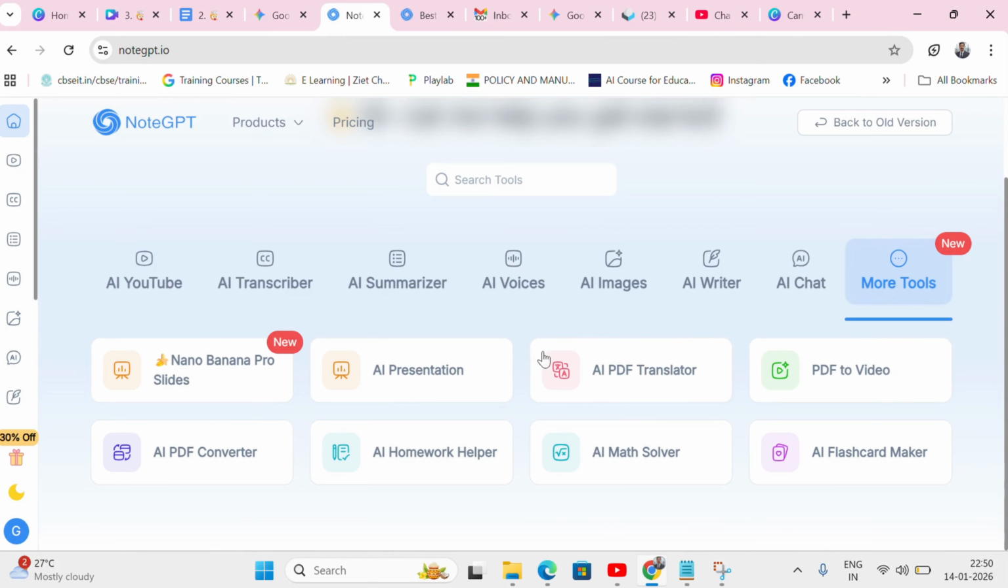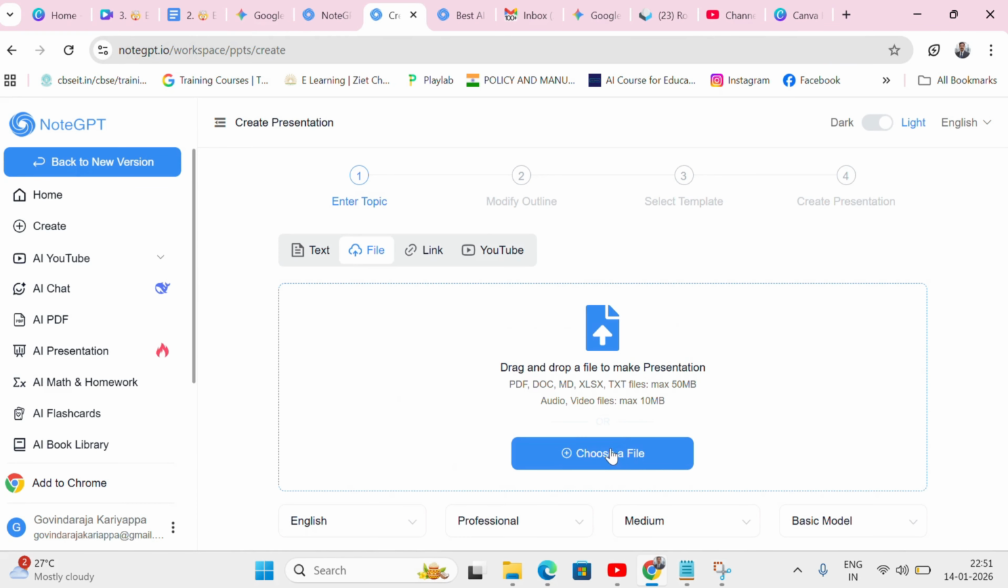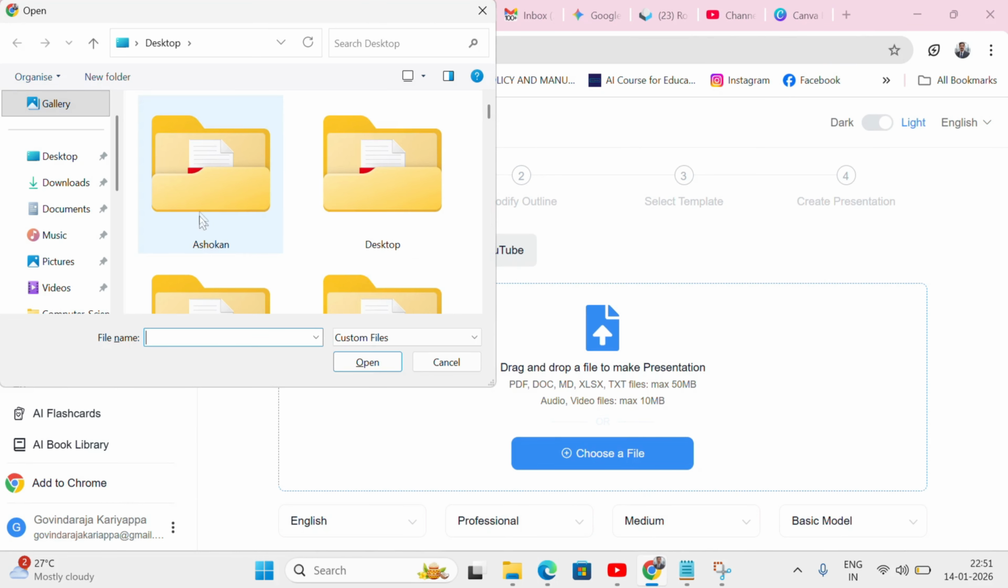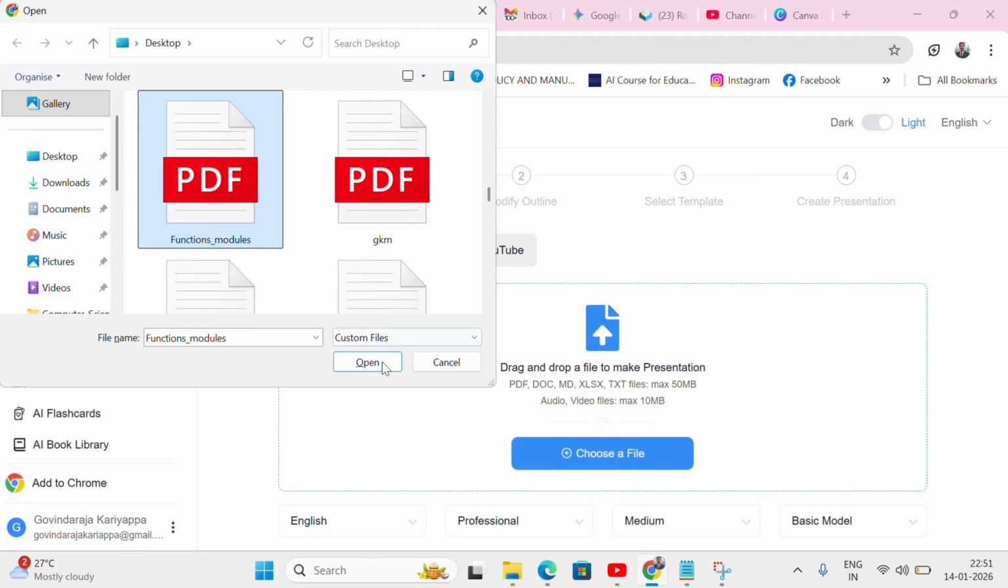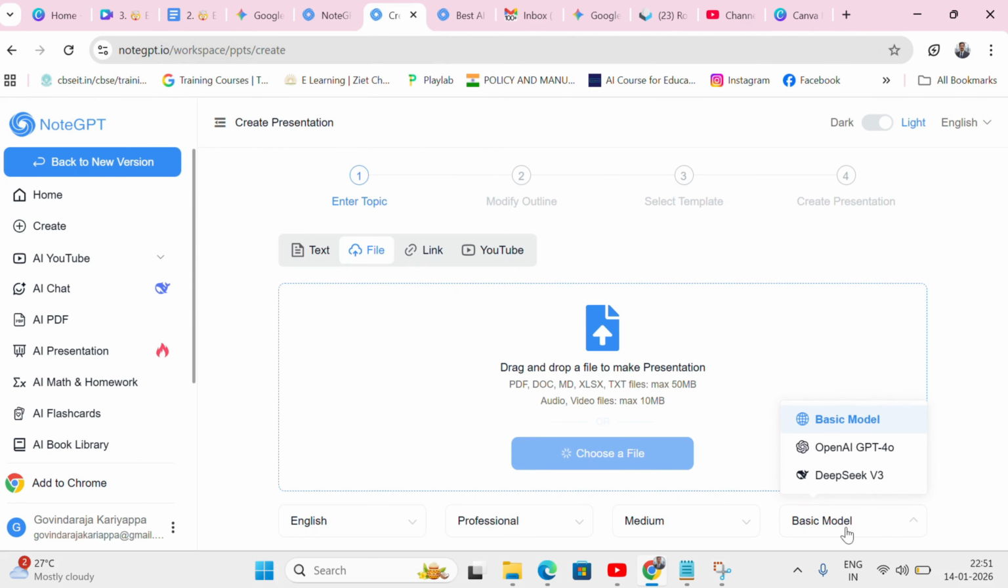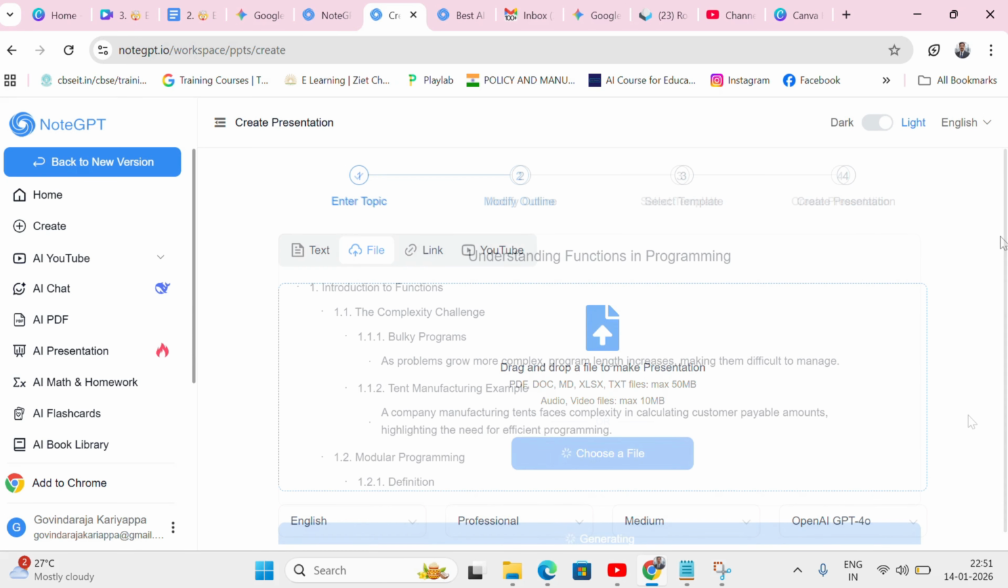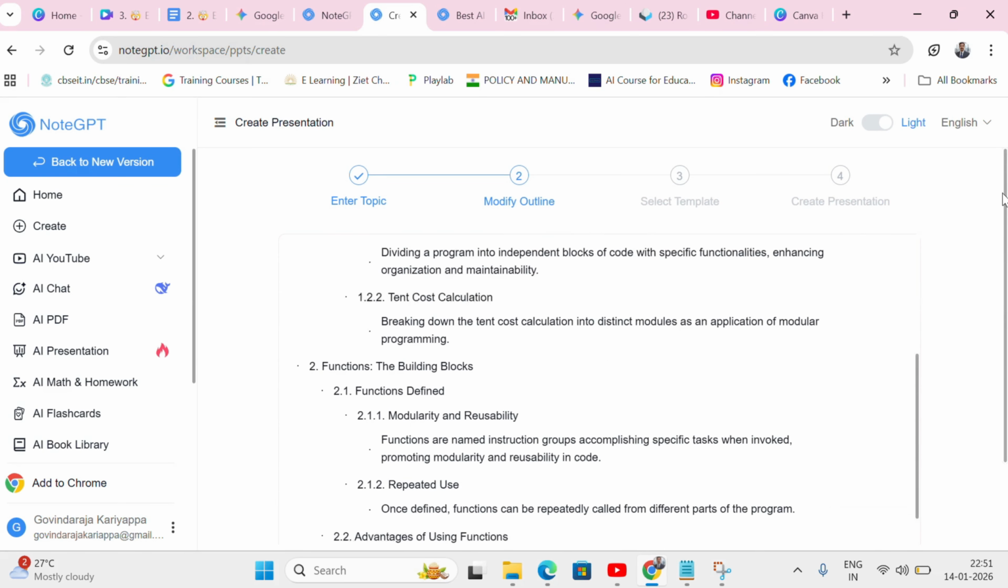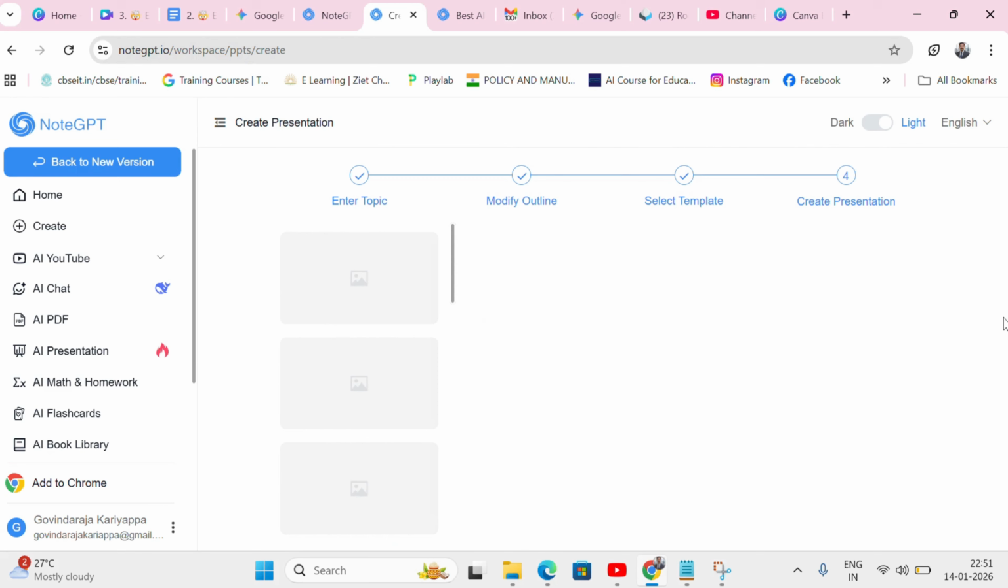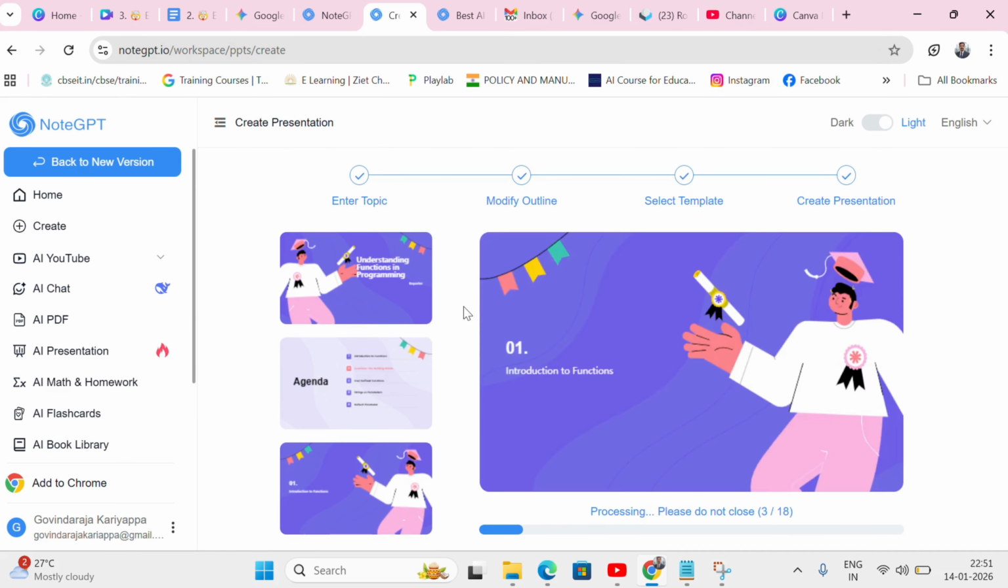The process is incredibly simple. Just enter your topic or upload a source file, select your tone. I personally recommend Professional for classroom lectures, and choose your AI model, like GPT-4 or DeepSeek V3, for maximum accuracy. Within seconds, NoteGPT builds a comprehensive, high-quality slide deck complete with an introduction, key instructional points, real-world examples, and a